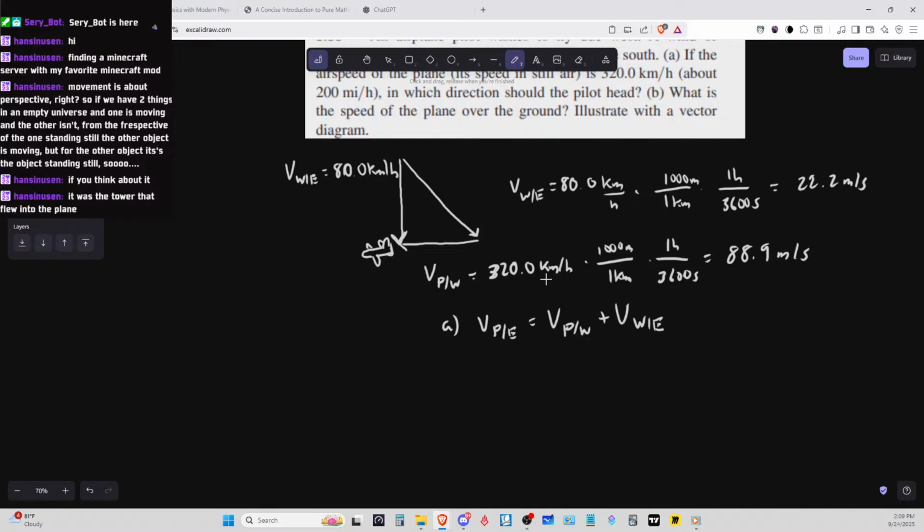We have a plane that's going 88.9 meters per second. And then we're leaving a space here because I know we're going to have to put a trig function here, like a cosine or a sine, and it has to equal